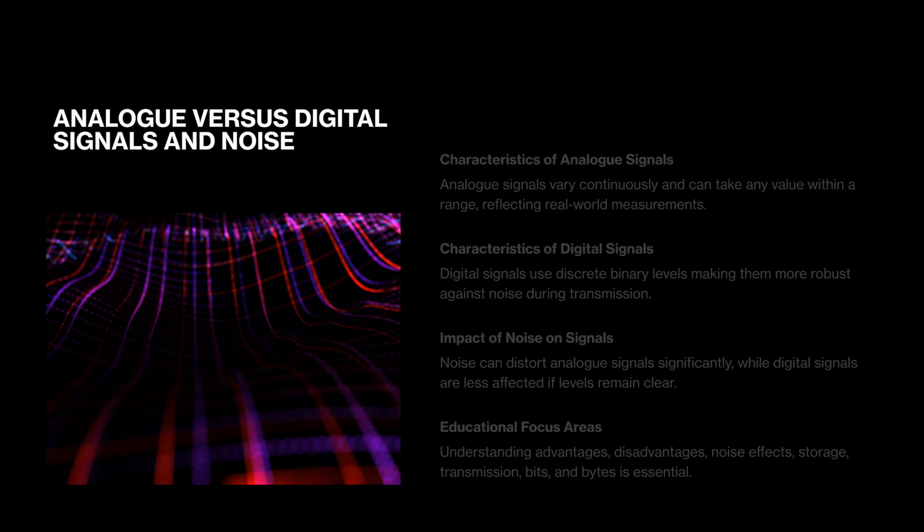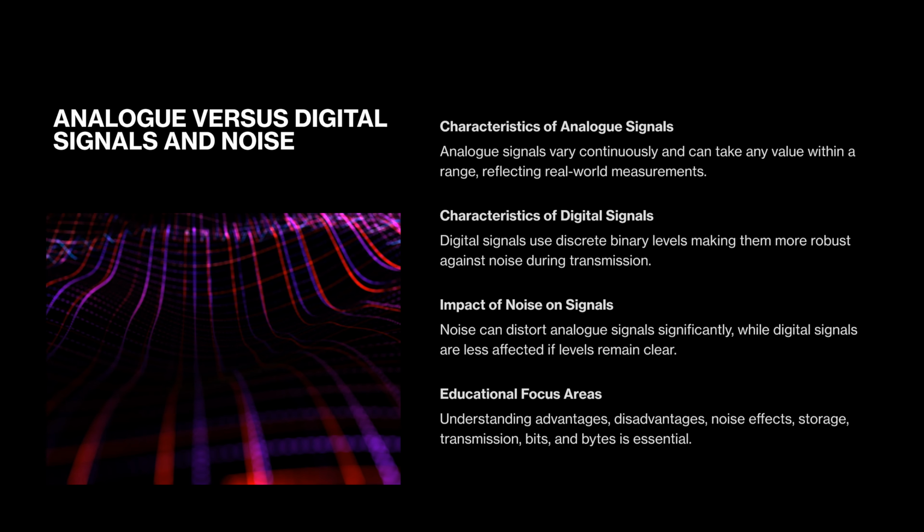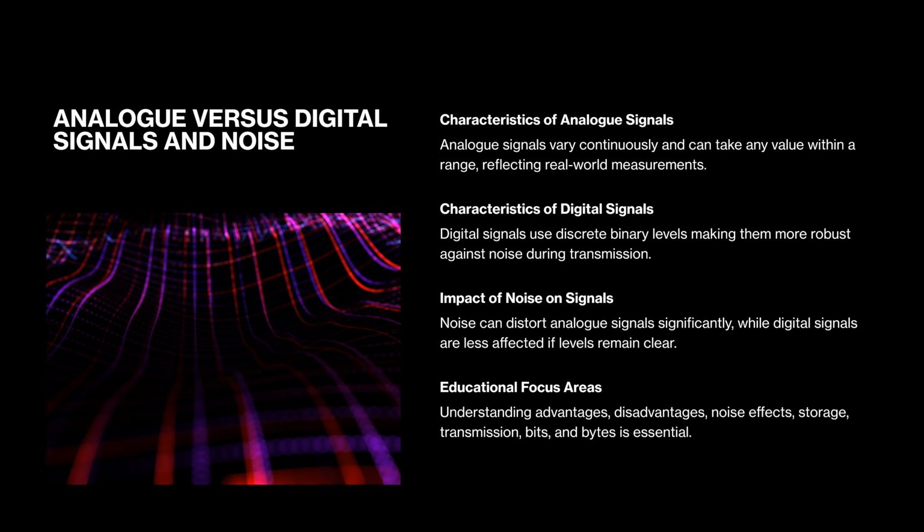Analog versus digital signals and noise, analog to digital conversion, and sampling. Analog signals vary continuously with time and can take any value within a range, while digital signals use discrete levels, typically represented by binary values. In electronics, many sensors produce analog signals that must be transmitted or processed. However, analog signals are particularly susceptible to noise, which can distort the signal during transmission. Digital signals, by contrast, are more robust because small amounts of noise are less likely to cause errors if the